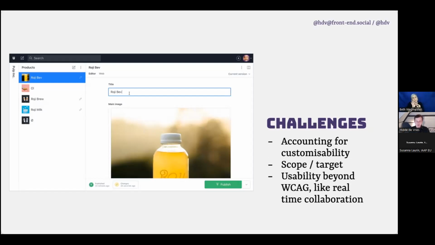At the W3C, they're working on a real-time collaboration document, which I think is really exciting. It's called CTAUR. Look that up if you're more interested in that. They're looking at tools like, I think, Miro, where you do online whiteboarding. But I feel it's also about these sorts of things where you collaborate together in one field, and how do you make sure it's accessible for everyone who is on there.